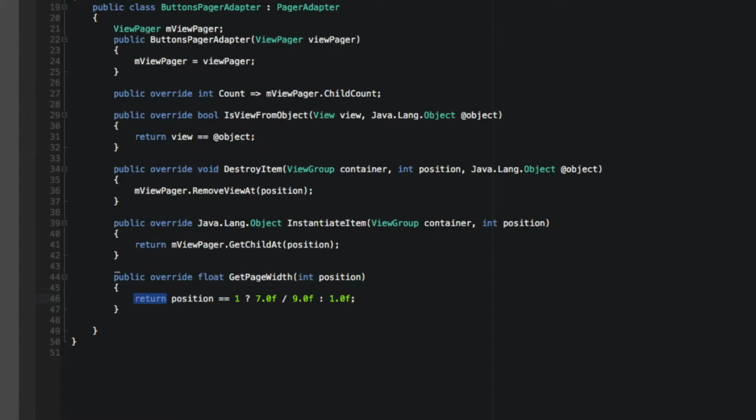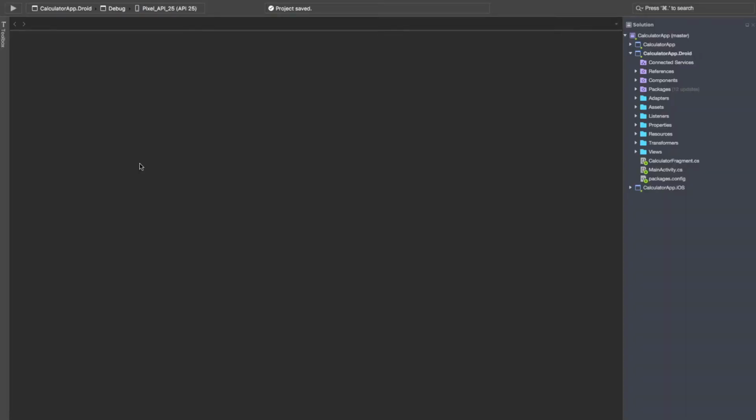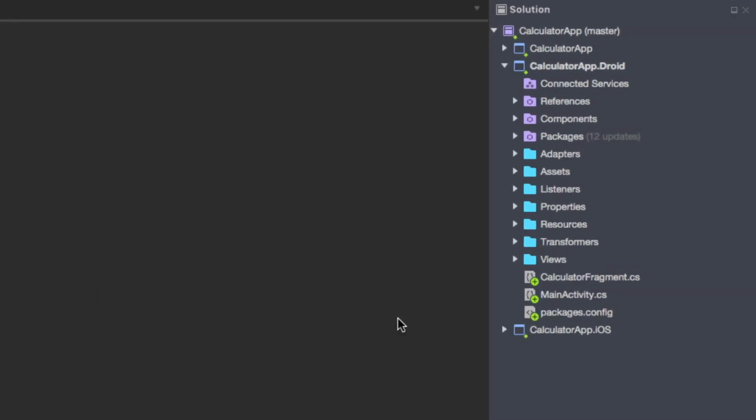pager adapter. So we're going to need a page margin for like the buttons pad so that the user can see a part of the advanced buttons layout so that they will be able to drag it over. So we're going to need to add the dimensions of this, and we're going to do that by opening up